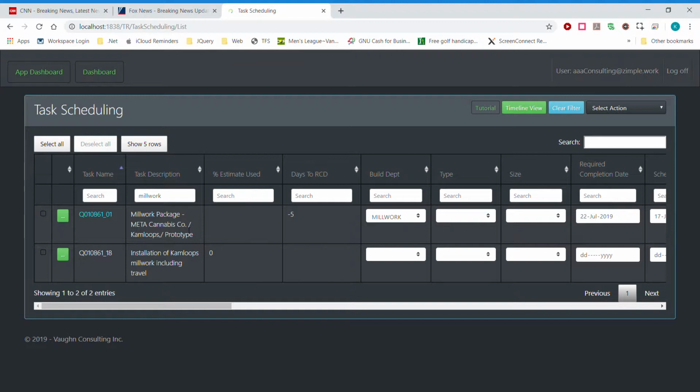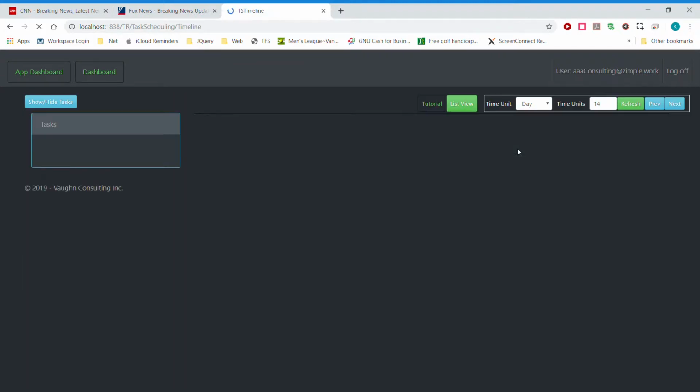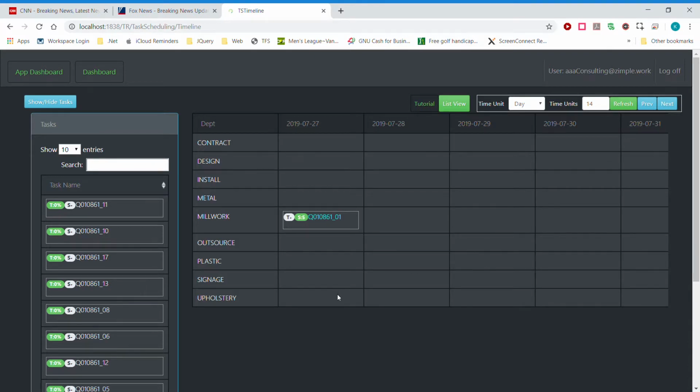Now we'll go to the timeline view, which is basically your method, which frankly I like better. So if we click over here, we'll go to this grid. So this is kind of like your grid. So we have the days, and this grid allows you to view this by day. If we go up here and change it to week, so now we have it by week: July 21st, July 28th, August 4th, etc. We can even go by month and by year. So you can summarize your information and look at it however you like. So if we go back to day,